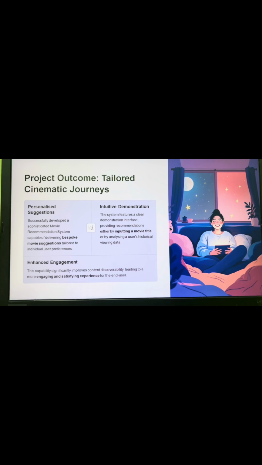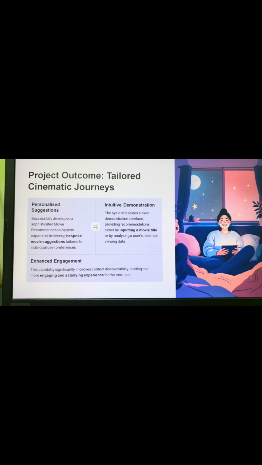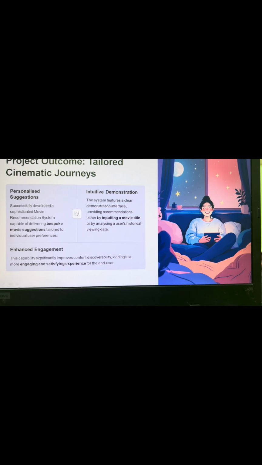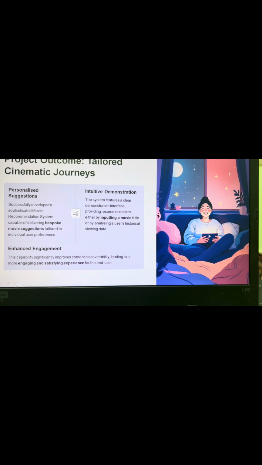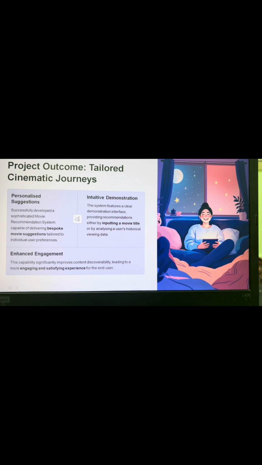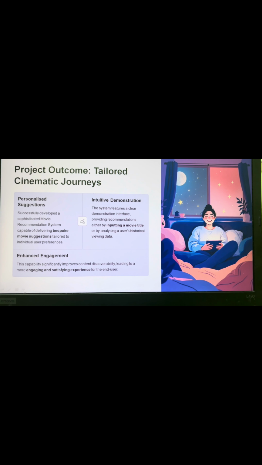The next is project outcome. So the project outcome is that we have to give some personal suggestions, and with our personal suggestions and keywords we will get the result. So as I said, the project outcome is based on the personalized suggestions. You see a picture over here which demonstrates that based on his or her personalized suggestions, she is getting whatever movie she wanted via my recommendation system.